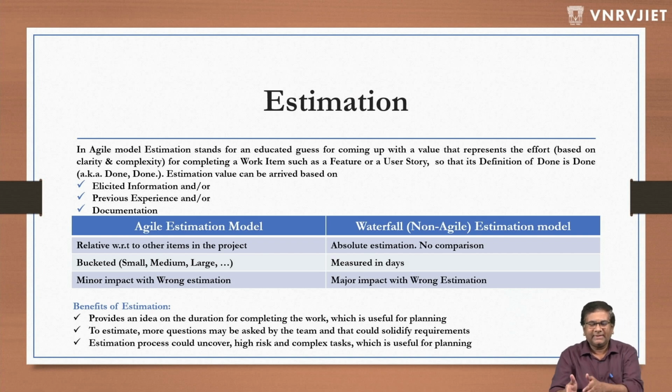This belongs to this bucket, and those buckets could sometimes be small, medium, large, or some other way of representing them. The good part about Agile estimation is that even if the estimation is wrong, the impact is going to be minor, because in the Agile cycle we can always shorten it, as well as